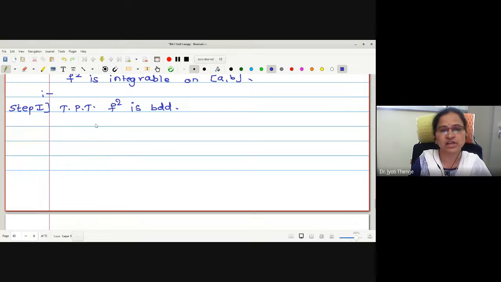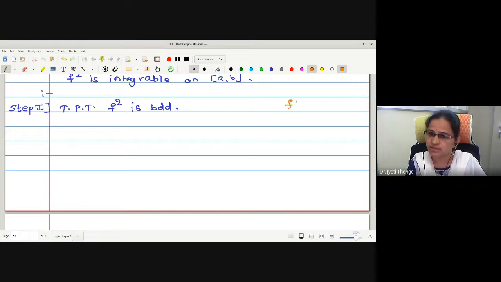Actually, to establish the relation between f and f square is somewhat difficult, because we were going to use the mod f relation. Why is it difficult to use the relation between f and mod f? One can ask the question. For this, let me give you a simple example. Suppose the function I am giving you is f of x equal to minus x on the interval 1 to 2. Then what are the bounds?